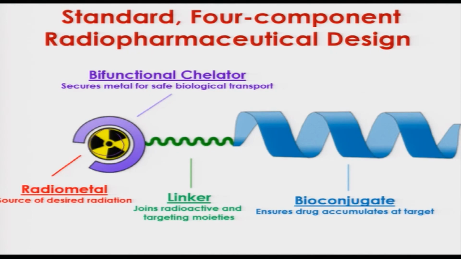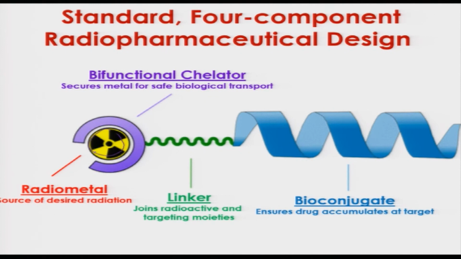So, you see there are 4 components in this design, and if one needs to design a proper drug, then one has to look for all these 4 components for its proper radiopharmaceutical use. You need to choose the right radioactive metal, you need to choose a chelator which can chelate this metal ion and safe for our life also, less toxic.